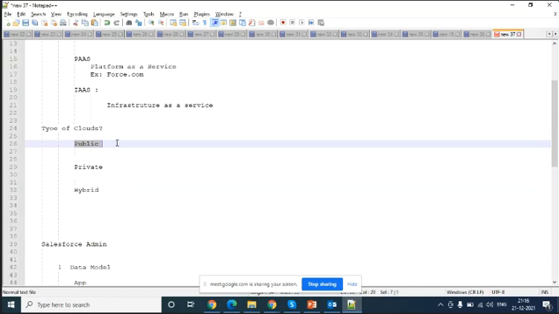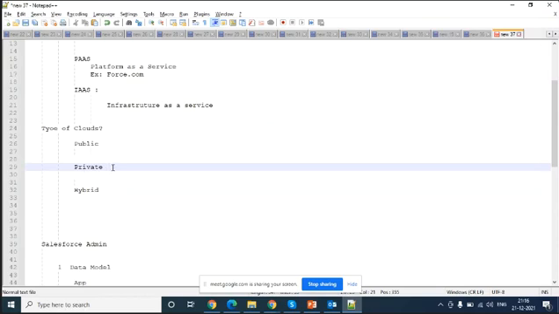Public, in the sense, this will be stored under the Salesforce infrastructure. Private is for a company looking for a private place, where the servers and everything are established in their personal place.